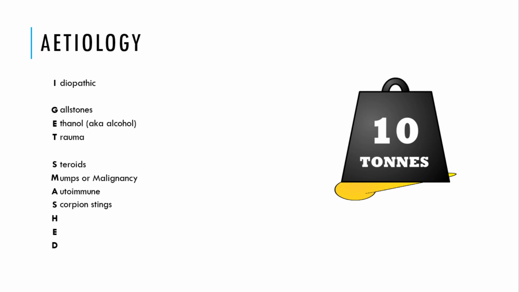Trauma can also lead to acute pancreatitis, different steroids, mumps and malignancy. A lot of the times we have autoimmune reasons. Even very strange things like a scorpion bite and sting can lead to acute pancreatitis. Hypercalcemia and hypertriglyceridemia can also be a very relevant cause. We can have acute pancreatitis after endoscopic procedures like an ERCP, and as always, there are several drugs that can